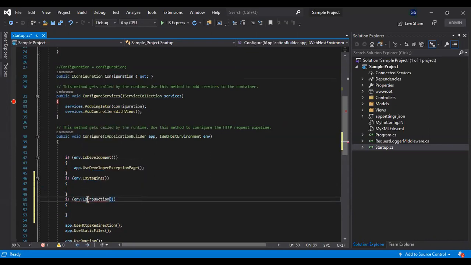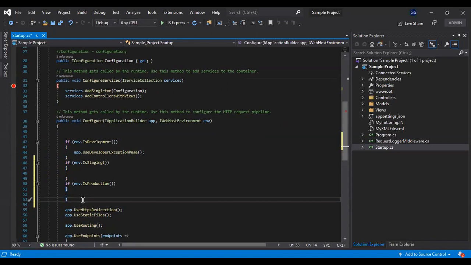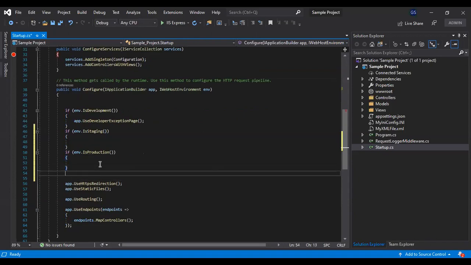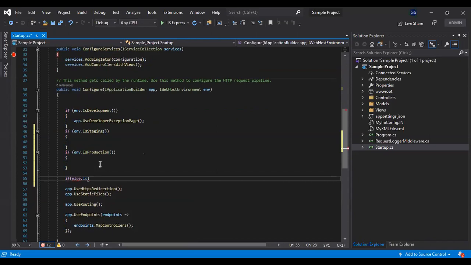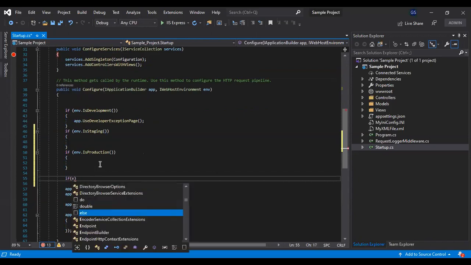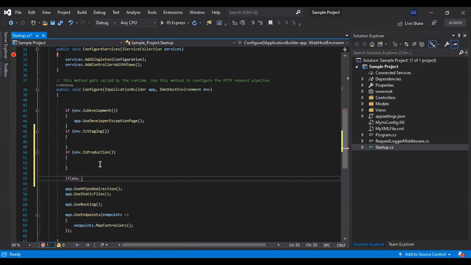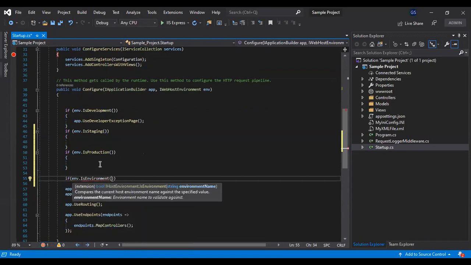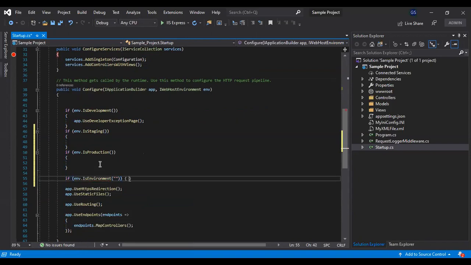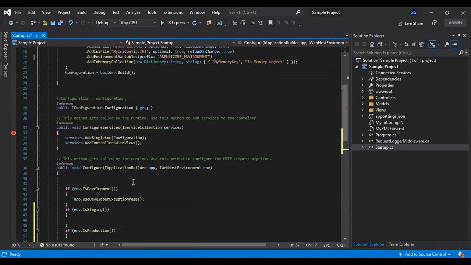or IsProduction. Another question that comes to mind is, what if I need to set a different value? For that we have a method, IsEnvironment, and we can provide our environment name, and ASP.NET Core checks against that value.